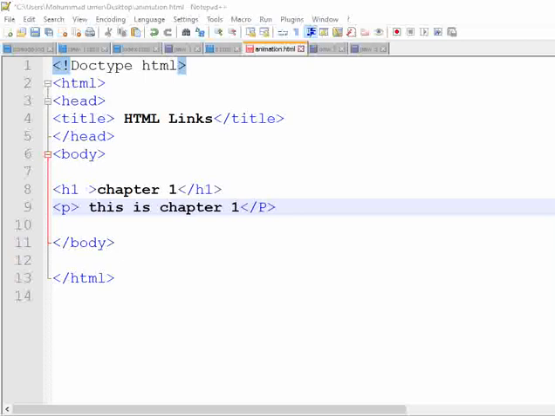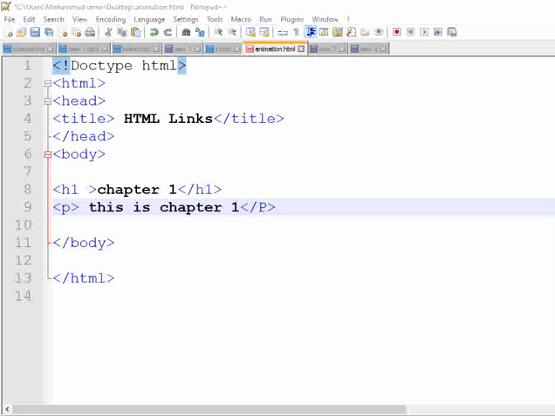For differentiating one paragraph from another paragraph, we use ID attributes. You cannot have more than one element with the same ID in an HTML document. Understand? The value of the ID attribute must be unique within the HTML document.